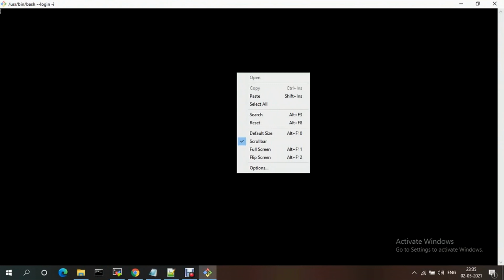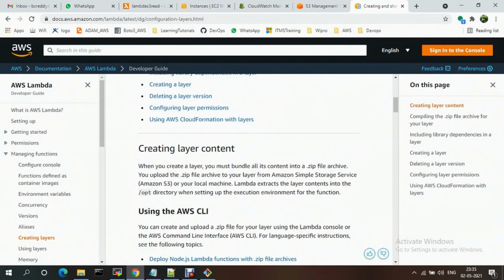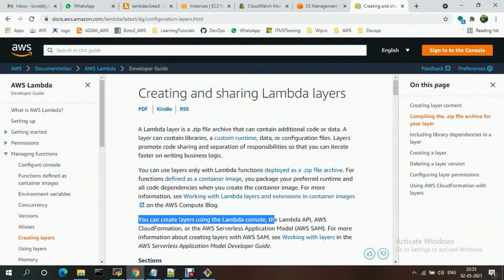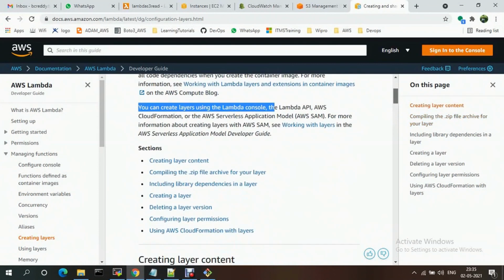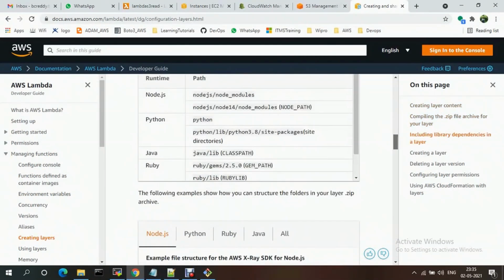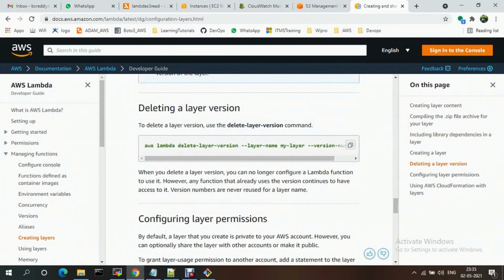The size should be up to 250 MB, so that also should be kept in mind. It's not more than 250 MB. Using the AWS CLI, it supports Node.js, Python, Ruby, all.